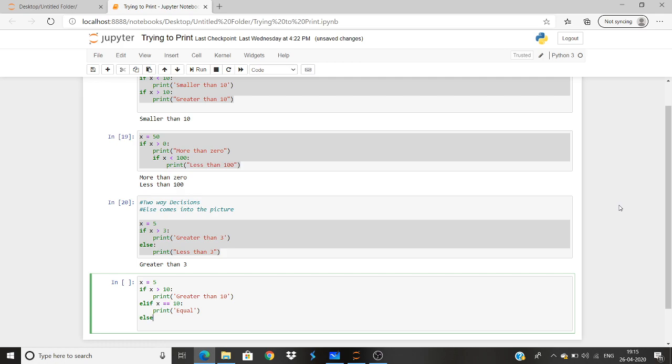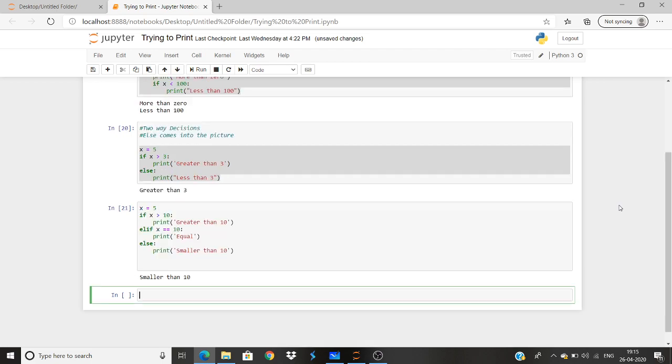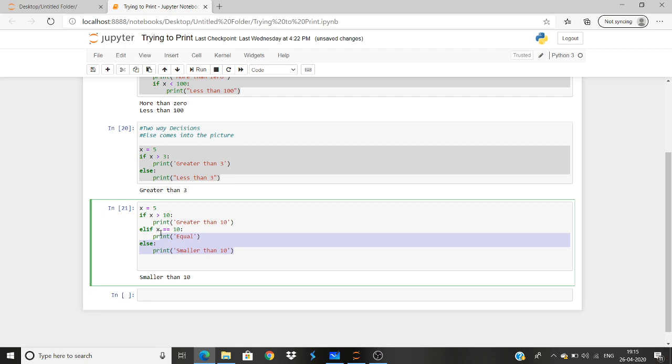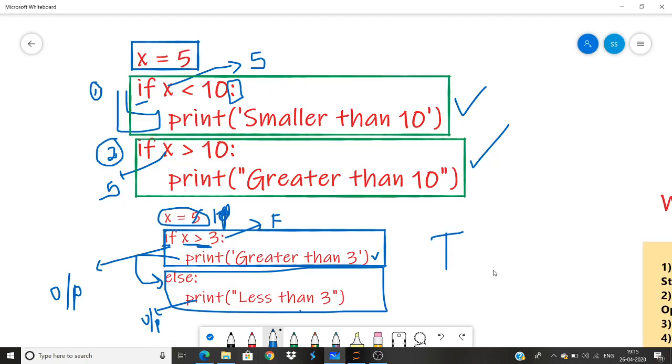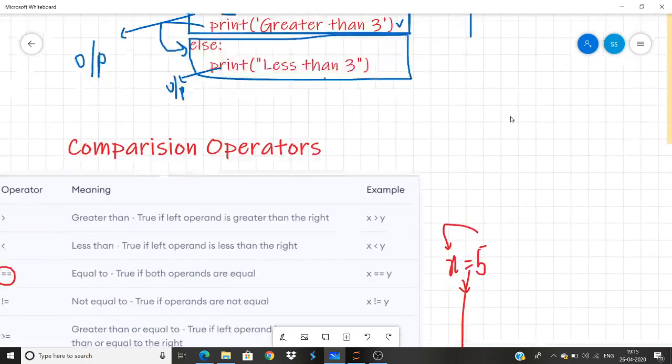Then we'll go else, print smaller than 10, and we run this. So we see we get smaller than 10. What we need to understand over here is, we'll just go,